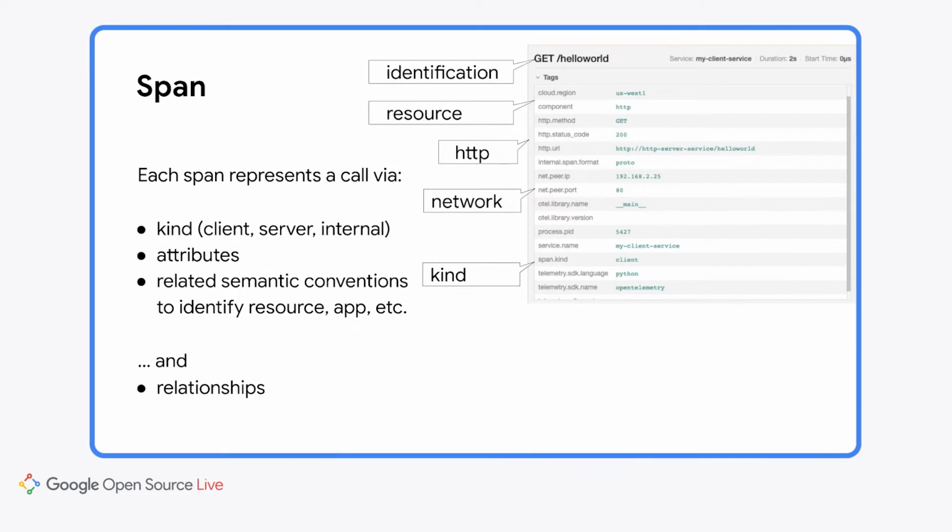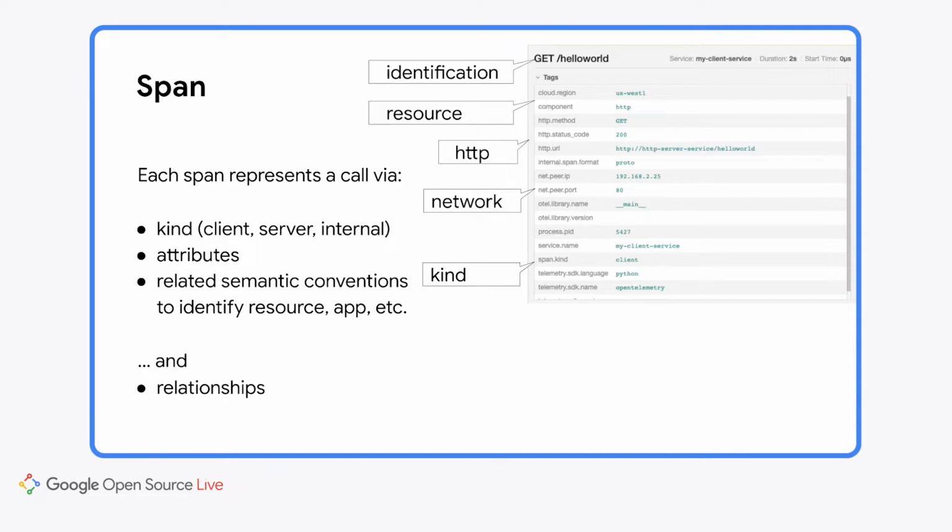We can start with kind. Kind is talking about the type of a span, whether the span represents something that goes outside of the application through the network, or a server span that represents processing of the incoming request. It also may be an internal span, just internal processing of something.